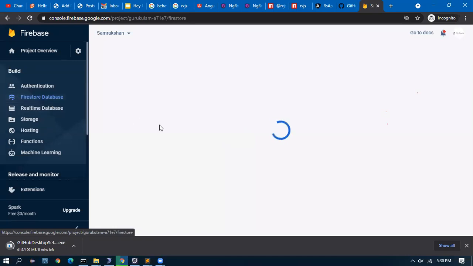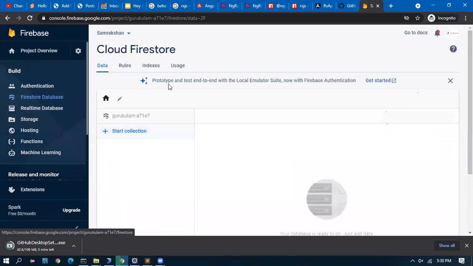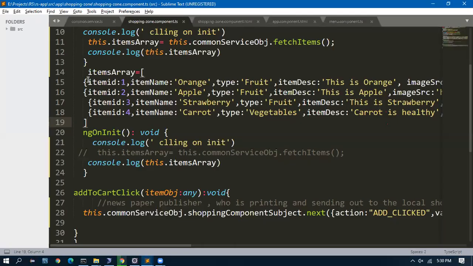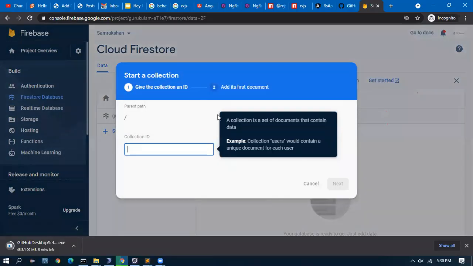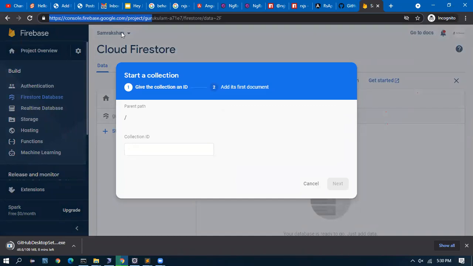Firestore is actually the latest database. We will not go through all of that because it is a very complicated subject. I will store this data in the database, and then we will hit this URL and get the data. So you will know how to call an API from Angular and fetch the data.